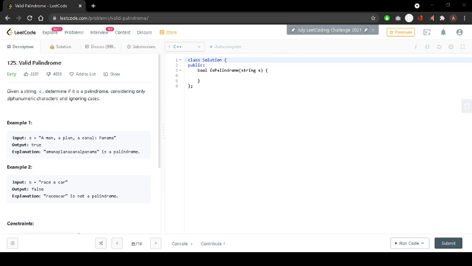For a palindrome, I think we should compare the indexes from the beginning with their corresponding indexes from the end.